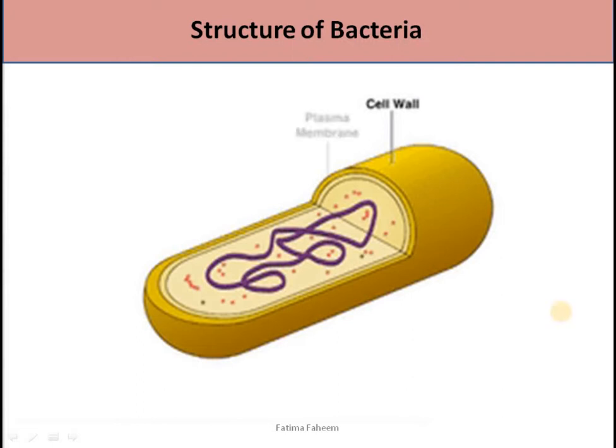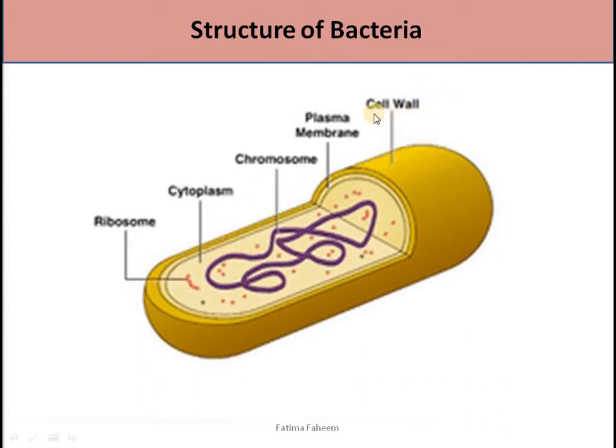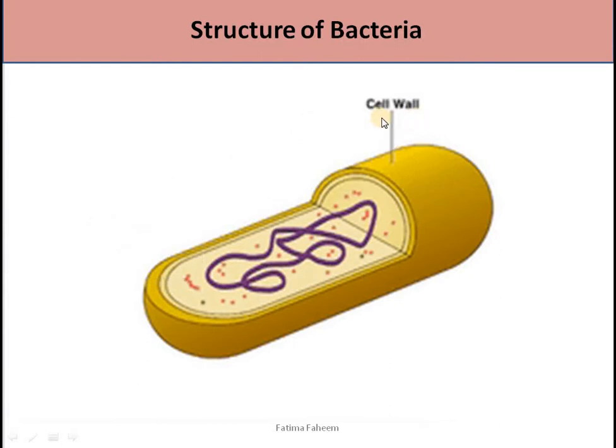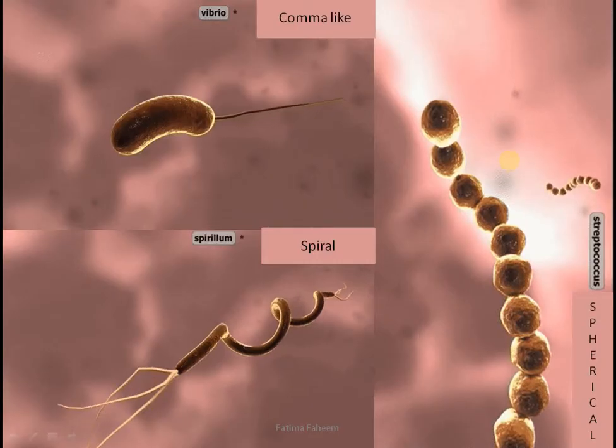This is the structure of bacteria. It has a cell wall, a plasma membrane, cytoplasm, and chromosomes along with ribosomes. If you see here, the genetic material is not enclosed in a nuclear membrane, so we often say that bacteria have no true nucleus, since the genetic material of the bacteria is not membrane-bound. The cell wall here is made up of murein or peptidoglycan, unlike in the plant cell where the cell wall was made up of cellulose. Some of the bacteria have some additional features also, which are described in later slides.